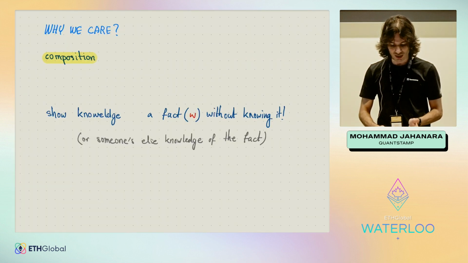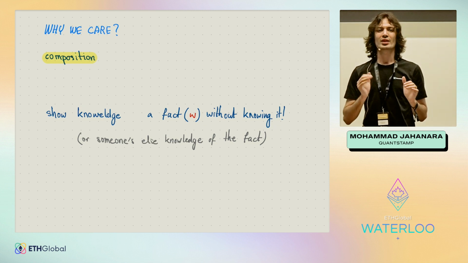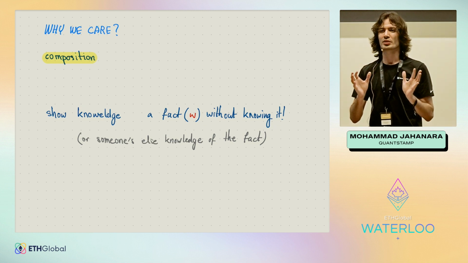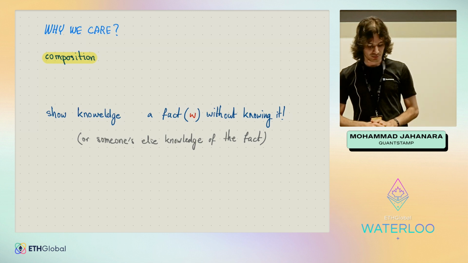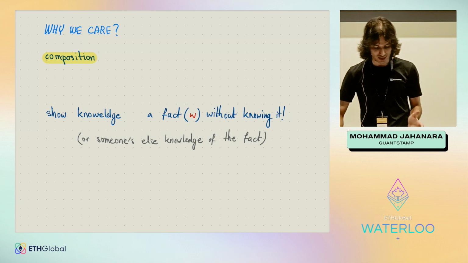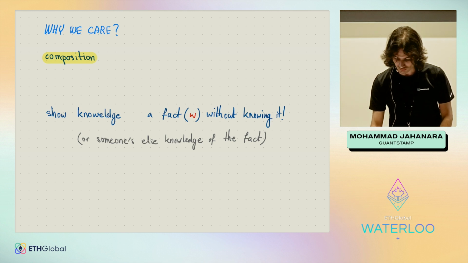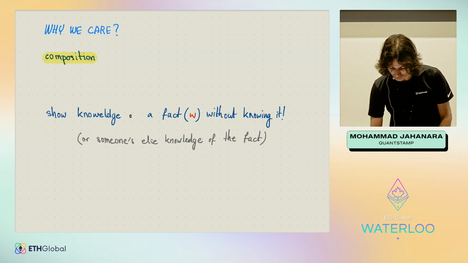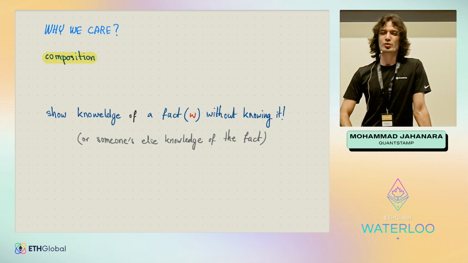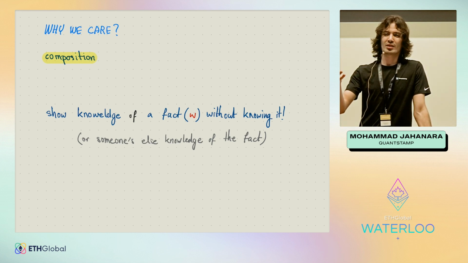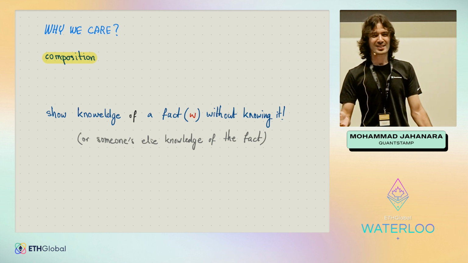The second item is more fun and more relevant to building dApps and games and stuff like that. So pay attention. So what does composition mean? It means that the prover is going to show knowledge of something that he doesn't really know. More precisely,